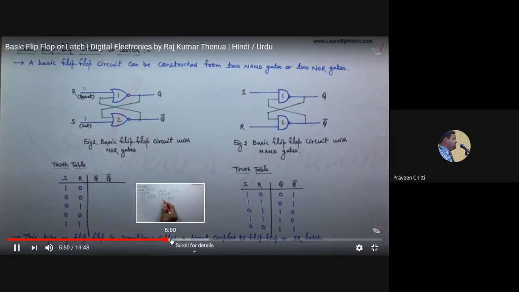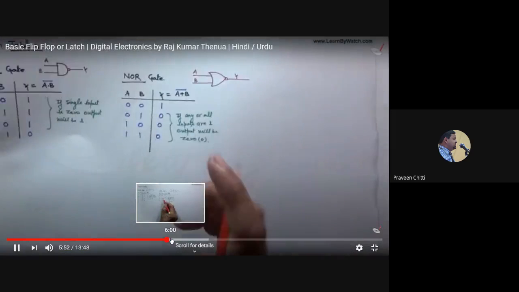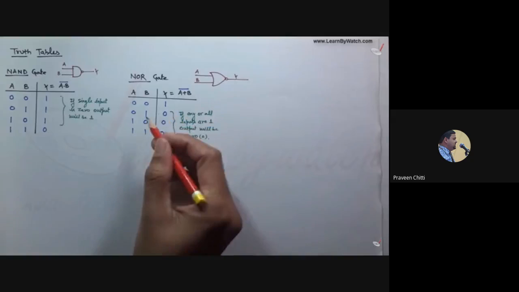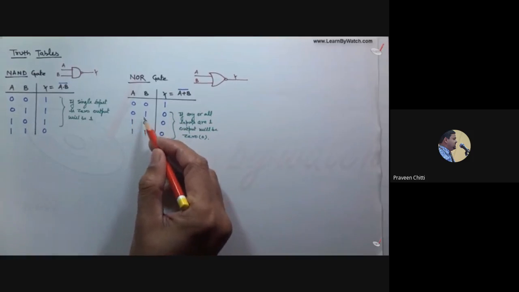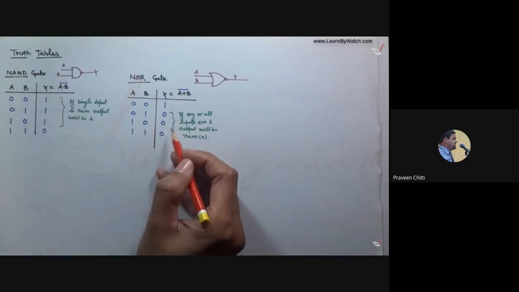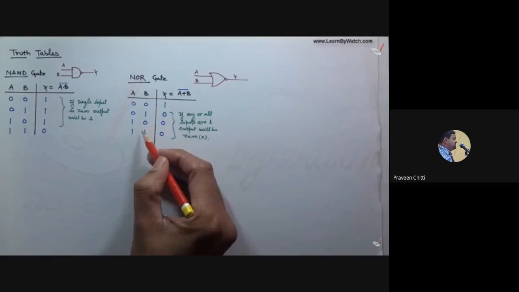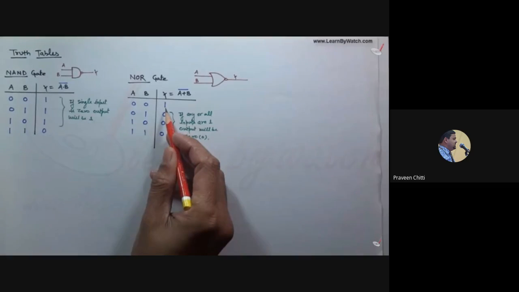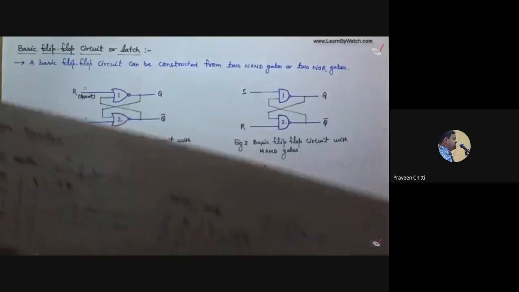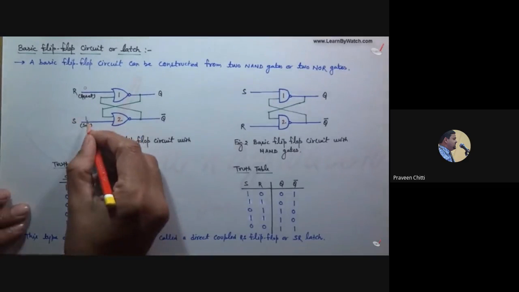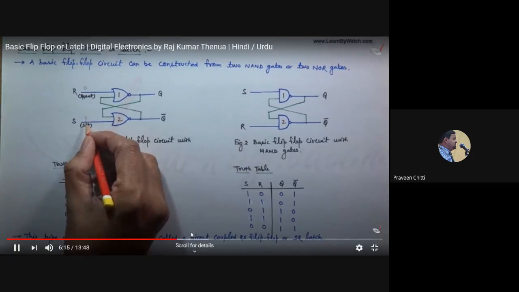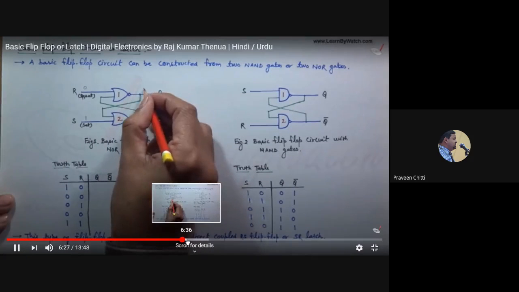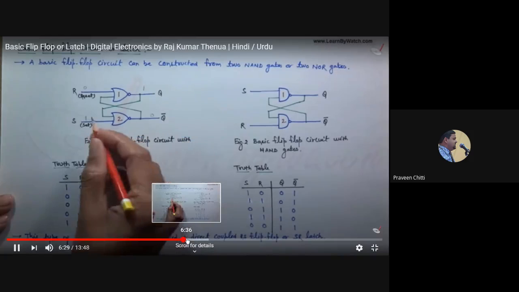इसका फंक्शन देखने से पहले आपको आइडिया होना चाहिए, जो नॉर गेट होता है उसके, This is the truth table of the NOR gate. इसके अंदर आप देखें कि अगर एक भी इनपुट 1 हो जाता है तो आउटपुट 0 है, क्लियर है। एक भी इनपुट 1 हो गया तो आउटपुट 0 हो जाएगा। जब दोनों इनपुट 0 होंगे तभी आउटपुट 1 होता है, ठीक है ना, ये नॉर गेट में होता है। तो यहाँ पर अगर आप देखें तो ये इनपुट 1 है, तो ये इनपुट 1 हो गया तो हम कह सकते हैं कि दोनों 0 हो गए तो आउटपुट क्या आ जाएगा, 1, ठीक है।